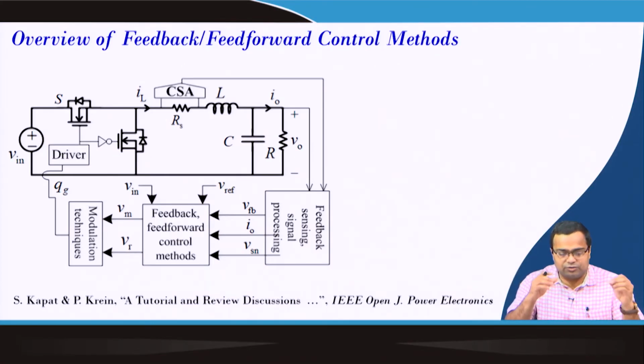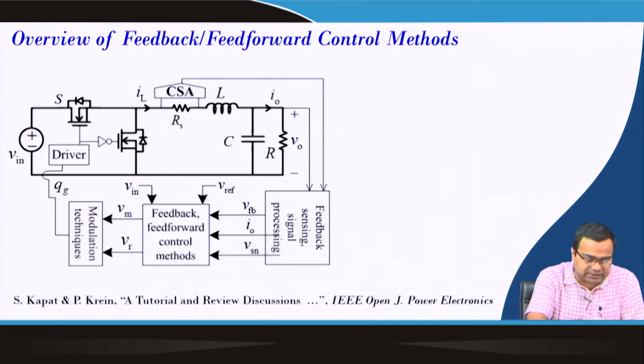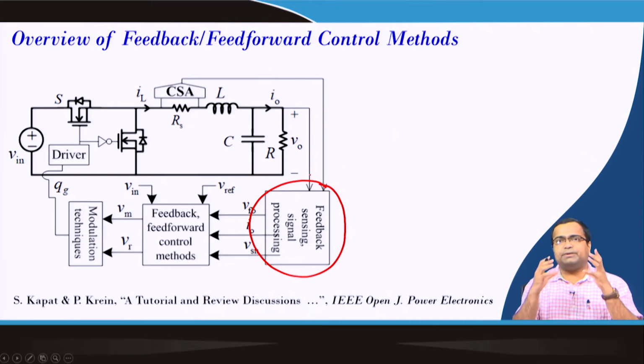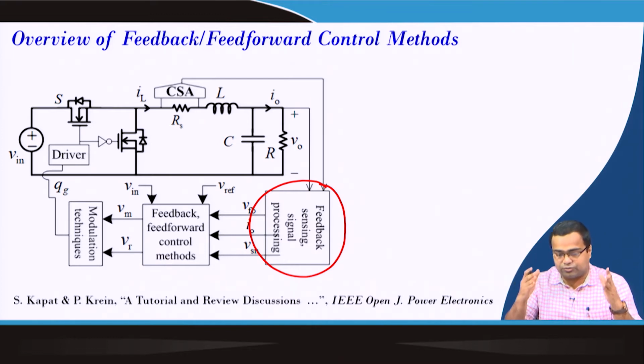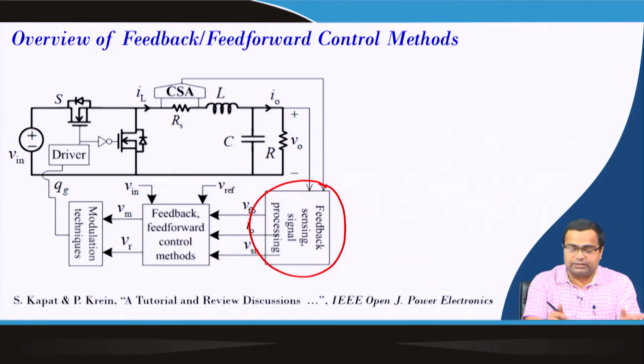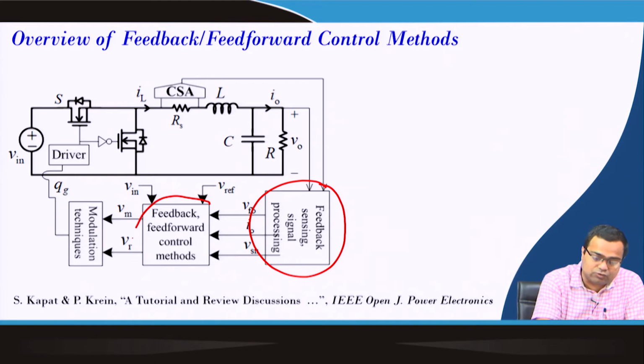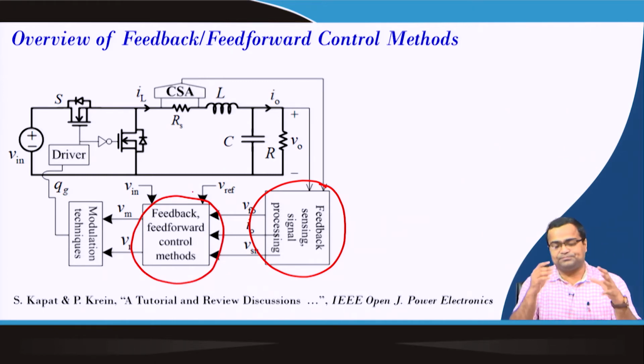So, first I want to show the overall block diagram of the feedback and feed forward control method, and we have already discussed that in this method we need a sensing circuit like a sensor. Generally, this includes a feedback sensor like a resistive voltage divider. Then we can also consider one unity gain buffer circuit and so on. And then the feedback control method, which includes error amplifier, compensator, and also the control logic.